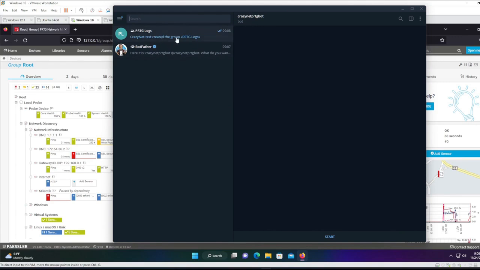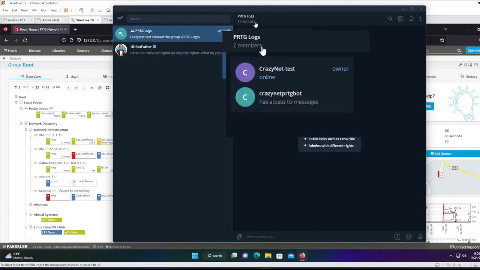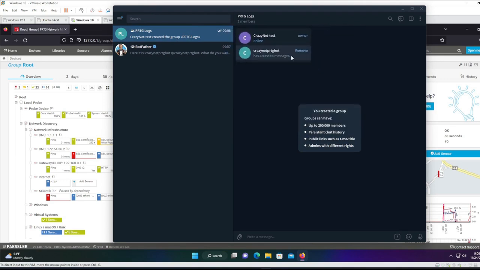So here in the PRTG logs group, you see there are two members. You need to make sure that this message appears, has access to messages. Because if it doesn't have this message, we won't be able to send messages to the Telegram group, in this case, the PRTG logs group. Then